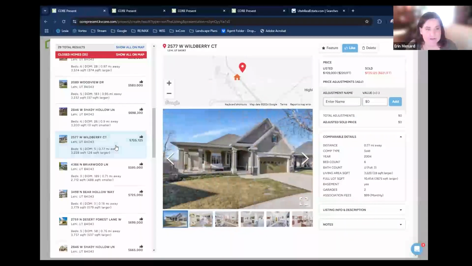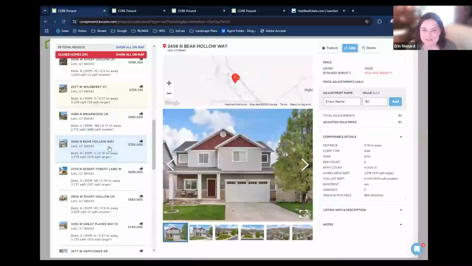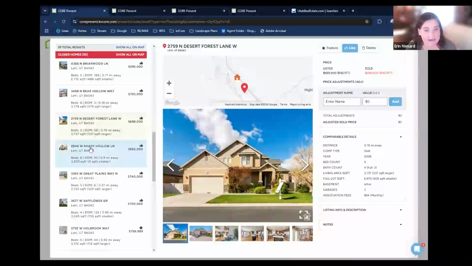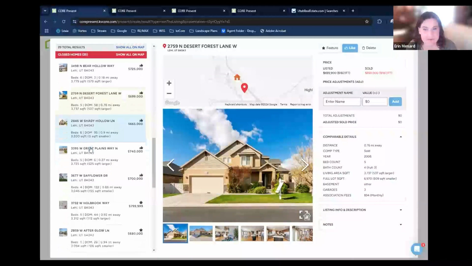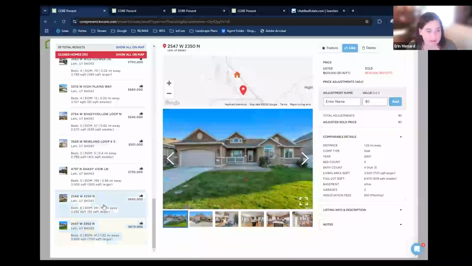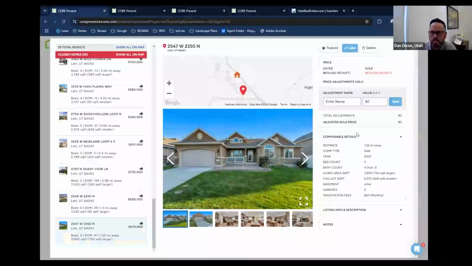Dan, I've learned a lot too by watching you. Featuring and liking: I didn't realize when you press the feature button that it actually added it to the bar graph. So that's very great to know, and I like to know about the like as well. And the adjustment, great feature that they just added. Yeah, thank you, and that's relatively new, within the last four months or so.